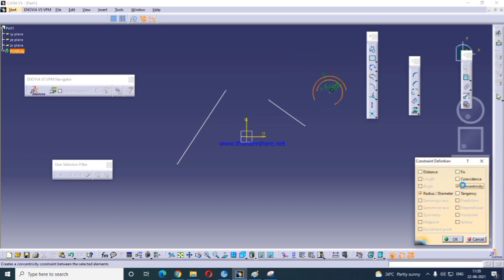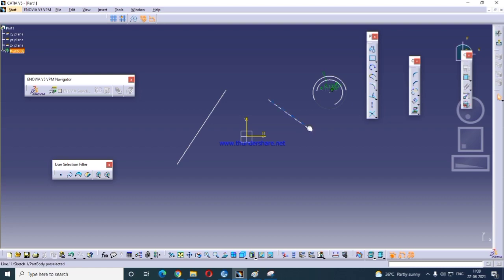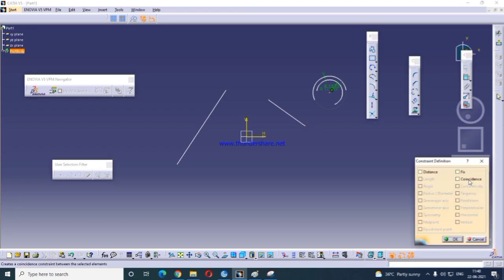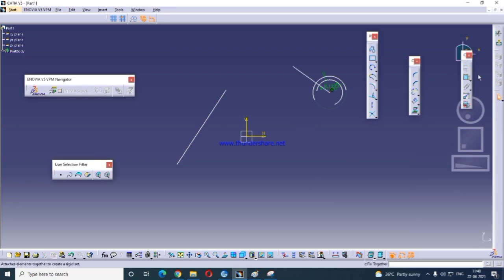Concentricity means the same point will be created. The center point is the same. Coincident. If you want this line coincident to this center, by clicking these 2 points you make coincident. It will be coincident.